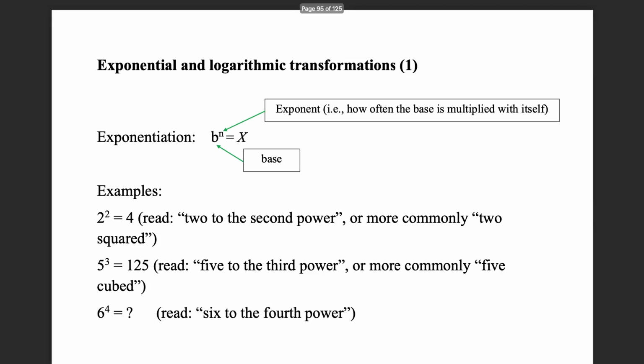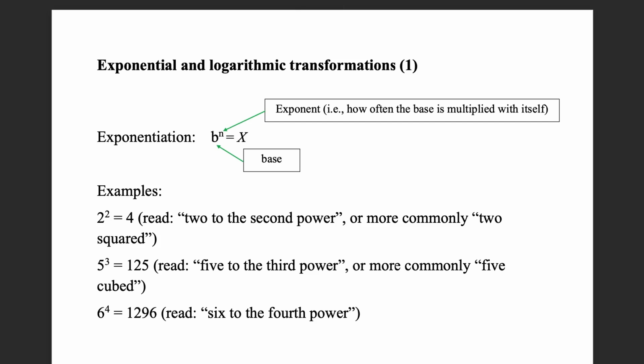One more, 6 to the fourth power. Well, there's no nice common language way of referring to taking something to the fourth power anymore, so we just have to stick with 6 to the fourth power. But yes, we pick as a base number 6, and we pick as an exponent 4, so we are taking 6 to the fourth power. What is the result of that? If you were able to figure this out without a calculator, you are much better at math than I am. It works out to